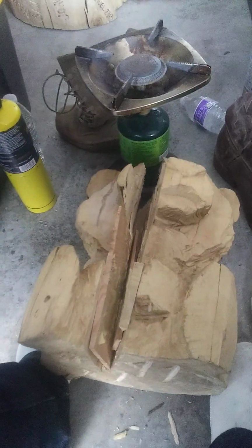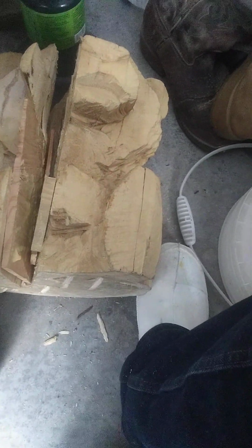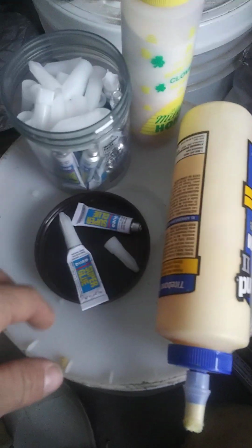But while I was doing this, I got greedy, and I tried too much to fill the crack, and I put too many shims in here, and they were shored up nicely, but I wanted them to be well set in there so I wouldn't have too many cracks to fill in with. What I do is I fill the small cracks with just super glue, and that is